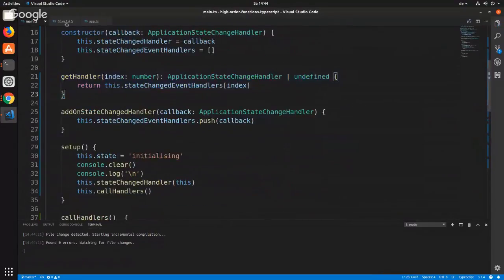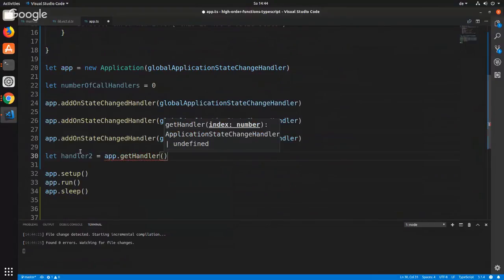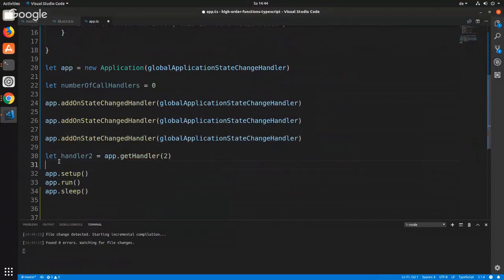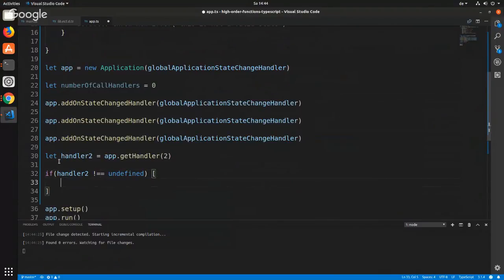Let's put it back again. Now we can come here and we'll say that we want handler 2 equals application get handler at, we'll say 2, all right? And if handler 2 is not equal to undefined, then